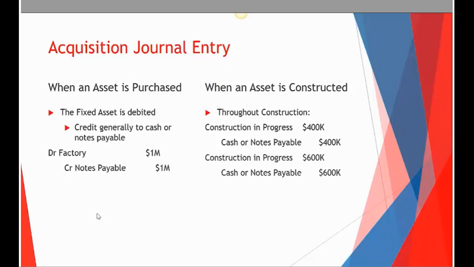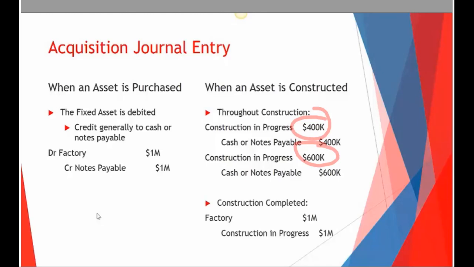Now I'm saying it's done, right? We've debited construction in process and credited cash and notes payable, but it's no longer in progress, it's ready to move in and start setting up. So when construction is completed, we debit factory and credit construction in process. You can see this construction in progress account, we set it up with a debit balance, and then when we're done with it, we credit all of it and move it to one of our traditional fixed asset categories. I think we could call that a temporary account. You could. Yeah. Nominal.